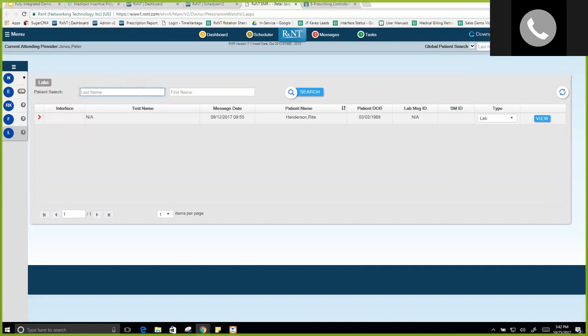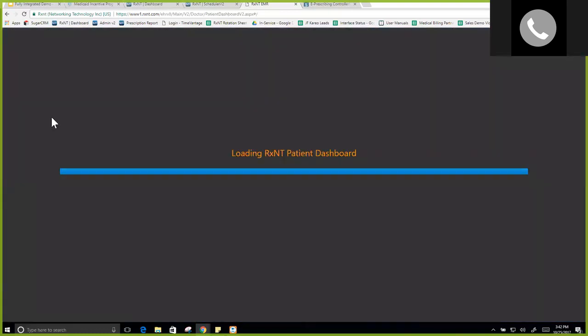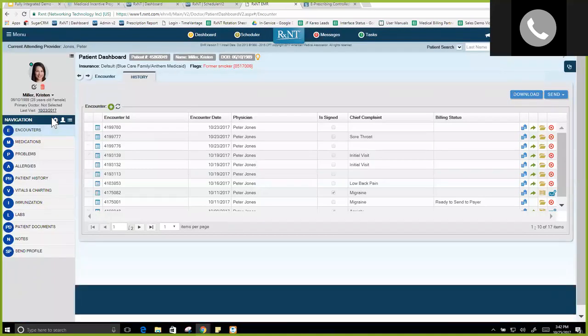But from here, we can access a patient's account. To do that, you just go into the top right-hand corner. And let's stick with our patient, Kristen Miller. When I search for the patient by last name, all of the results will populate here. All I need to do is click on the patient's name to open up their chart. Now, this can be very customized based on what you want to see, and the way that we do that is through the navigation bar. So if I click on this little menu configuration,